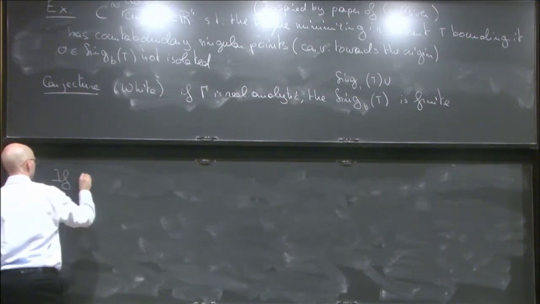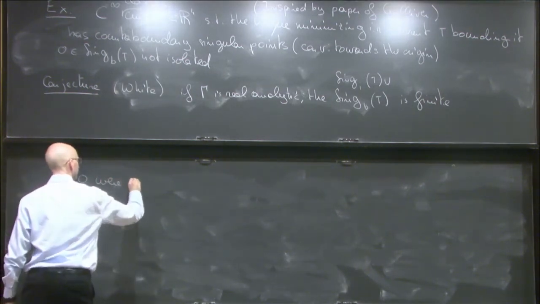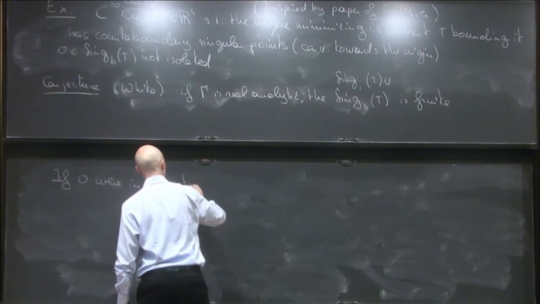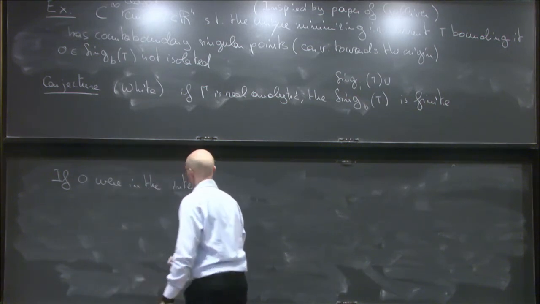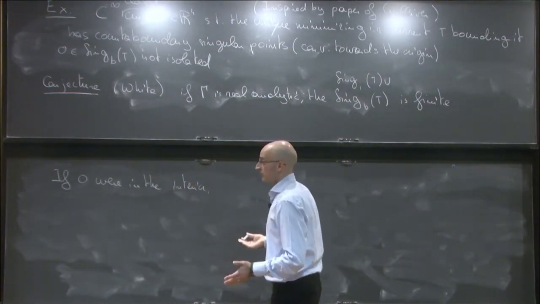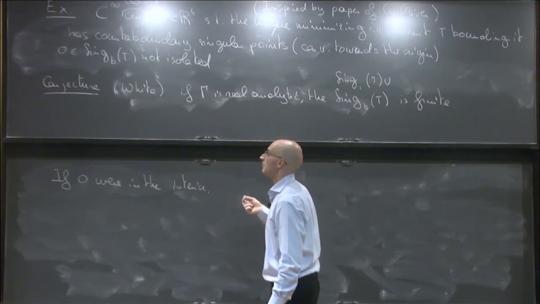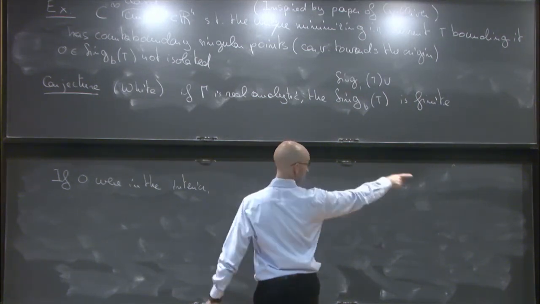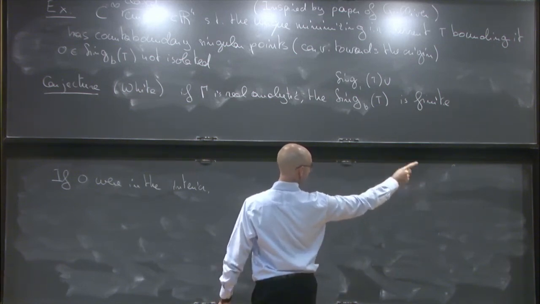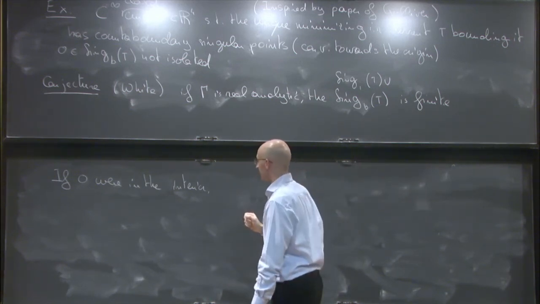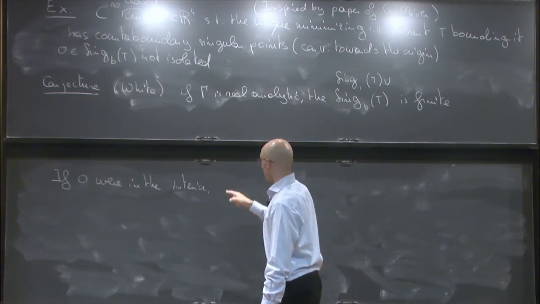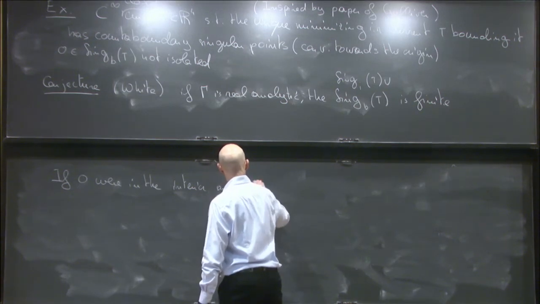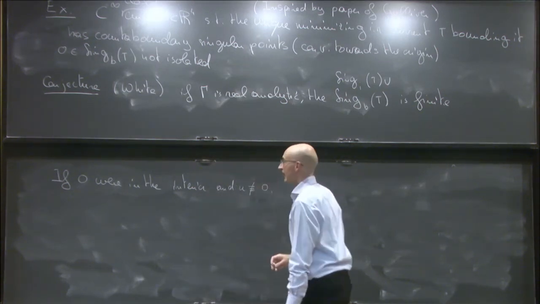If 0 were in the interior, assuming u is a non-trivial harmonic function, like in that situation, so Laplacian of u is equal to 0, u at the boundary of gamma is equal to 0. So if 0 were in the interior and u were non-trivial, then